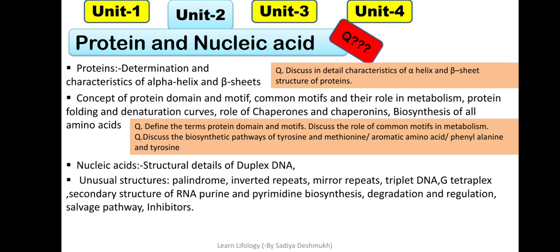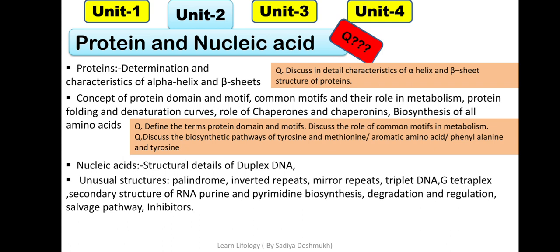Here sometimes the examples of amino acids are asked directly, and sometimes they have asked just aromatic amino acids. And here I have given the different amino acids which were asked in the previous years. I have mentioned them, but they can ask directly with the name of the amino acids or in general amino acids. So you have to study at least the common types of amino acids which I have asked in the previous year question papers.